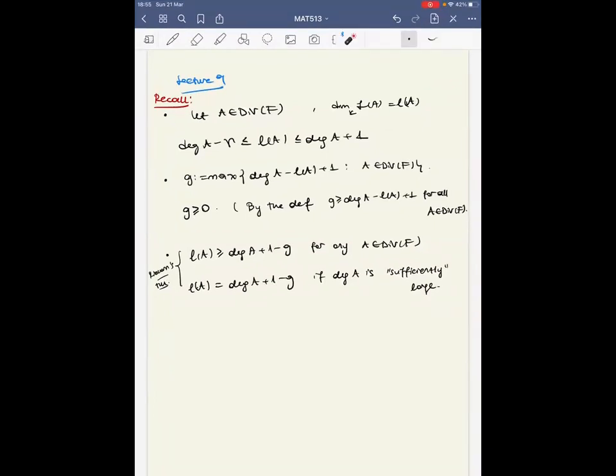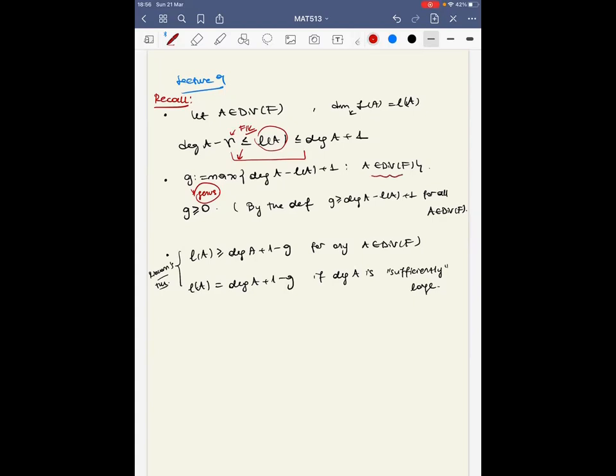Last week, we mainly focused on the problem of finding the dimension of any divisor A, and particularly we considered the upper and lower bound for this quantity. And we have observed that the lower bound indeed is independent of the choice of the divisor and only depends on the function field F. And thanks to this lower bound, we will be able to introduce the most important algebraic invariant, called the genus of a function field, as a difference between the degree and the dimension of the divisors